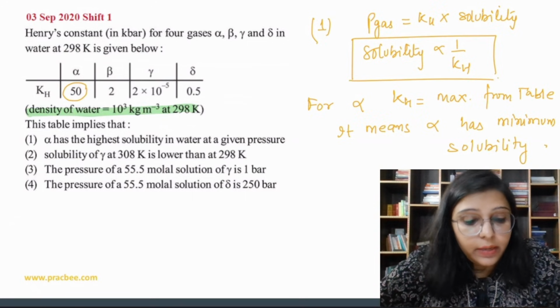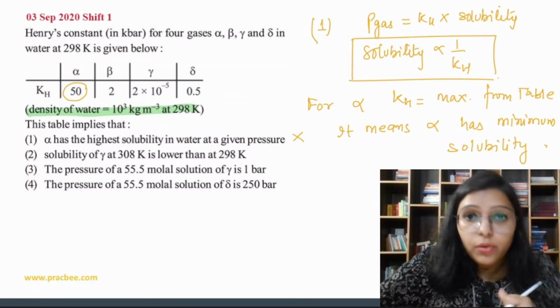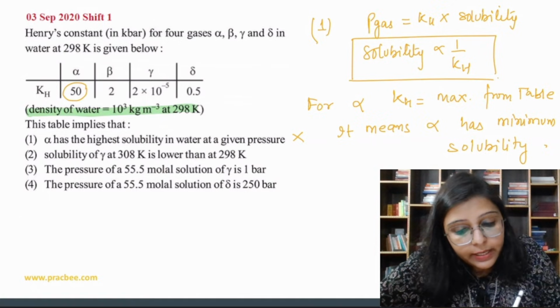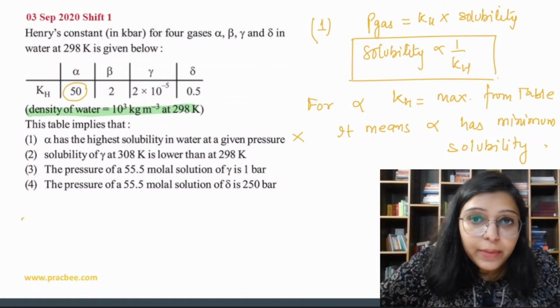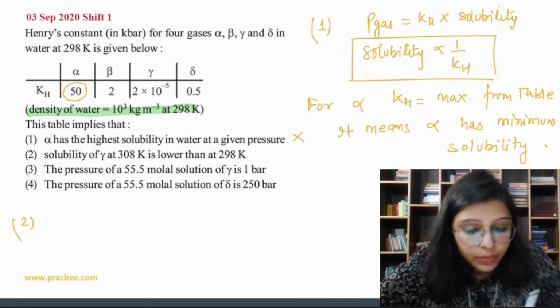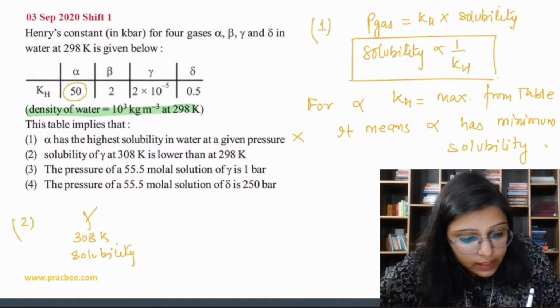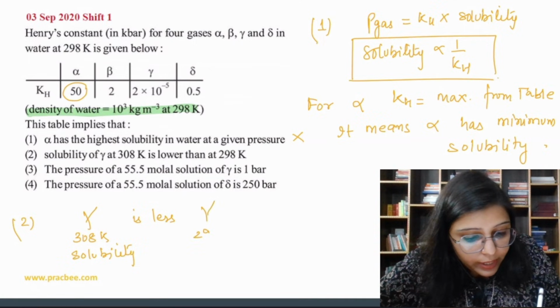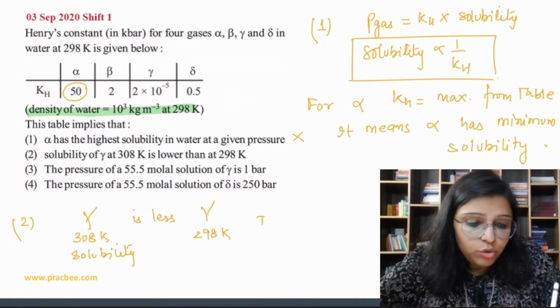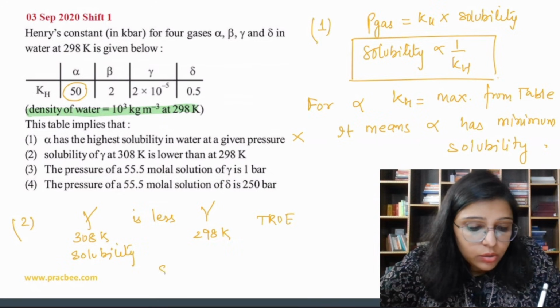So it means this statement is false. Okay. Now see the second statement. Solubility of gamma at 308 Kelvin is lower than at 298 Kelvin. Gamma at 308 Kelvin solubility is less than gamma at 298 Kelvin. This is true. Why? Solubility of gases